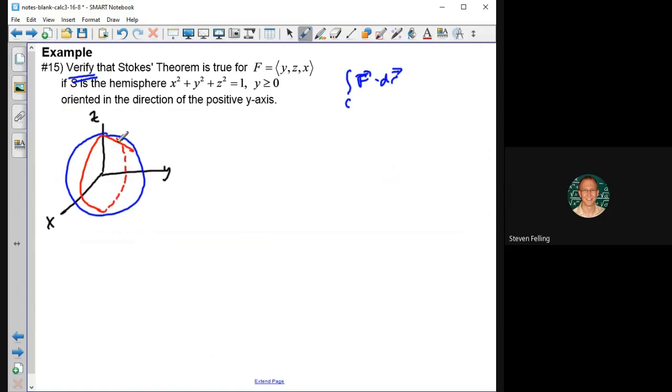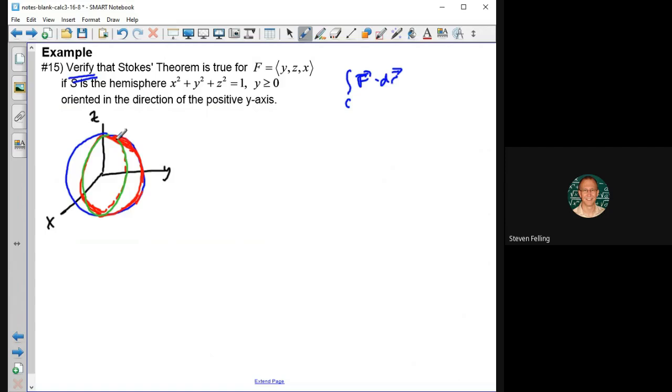And then this part over here, this part of the hemisphere. Not a very good drawing. Okay, so the rightmost portion, that red part, is the surface there. So verifying Stokes' theorem means that we have to show that if I take this curve